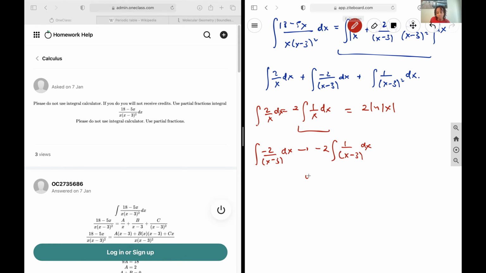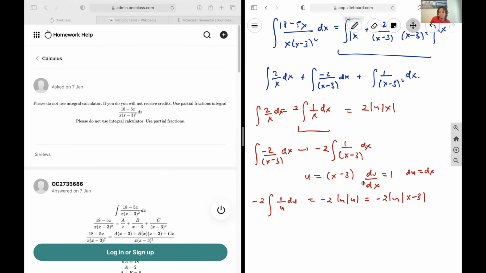Next up, we're going to use substitution and state u as x minus 3, which means du over dx is going to be equal to 1. So du is equal to dx. We're going to plug that all in here, so it becomes negative 2 into the integral of 1 over u du. Again, we know this as negative 2 into ln of the magnitude of u. And then we just plug in what our u is. So negative 2 ln the magnitude of x minus 3. And then we do our last one,